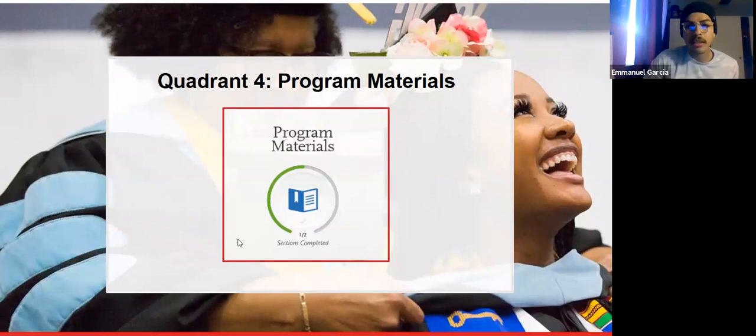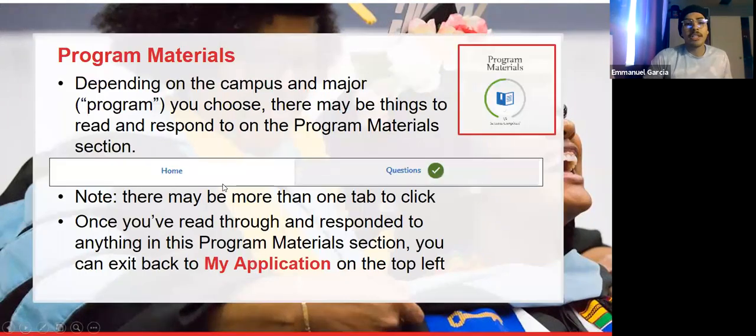All right, so now let's enter the last quadrant of the 4 boxes, which will be the program materials. Depending on the campus and major or program that you choose, there may be things to read and respond to on the program materials section. Note, there may be more than one tab to click. Once you've read through and responded to anything in this program materials section, you can exit back to my application